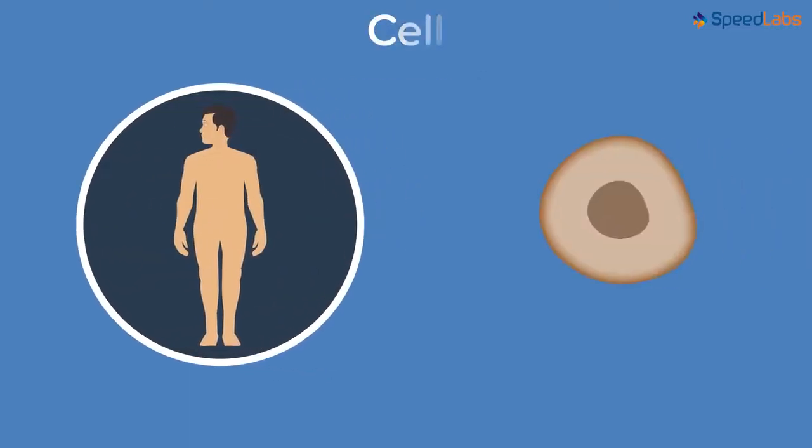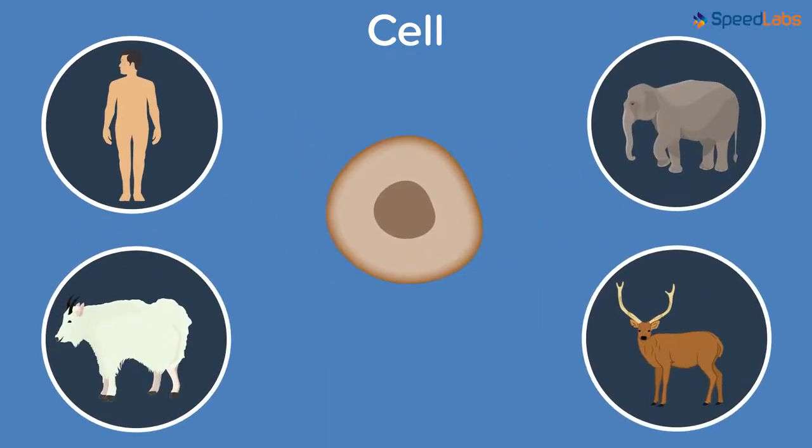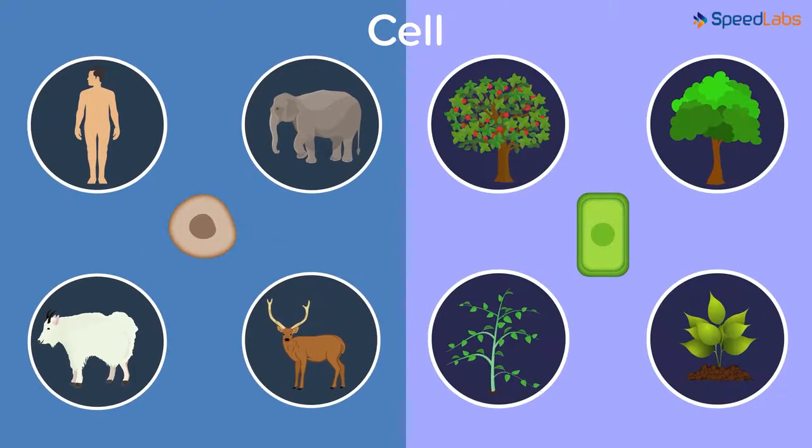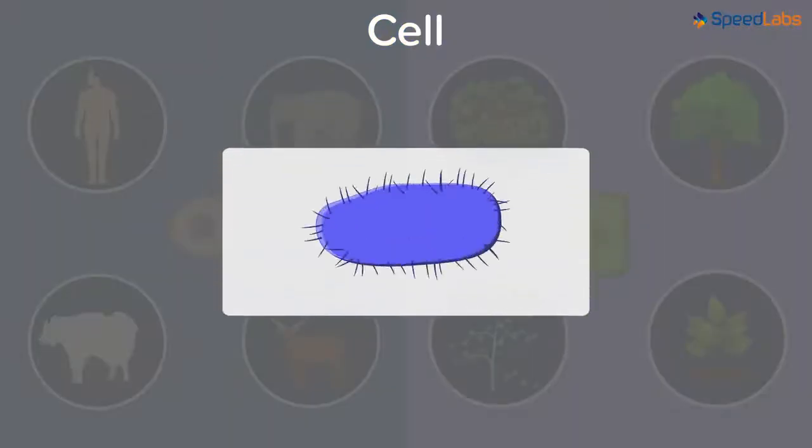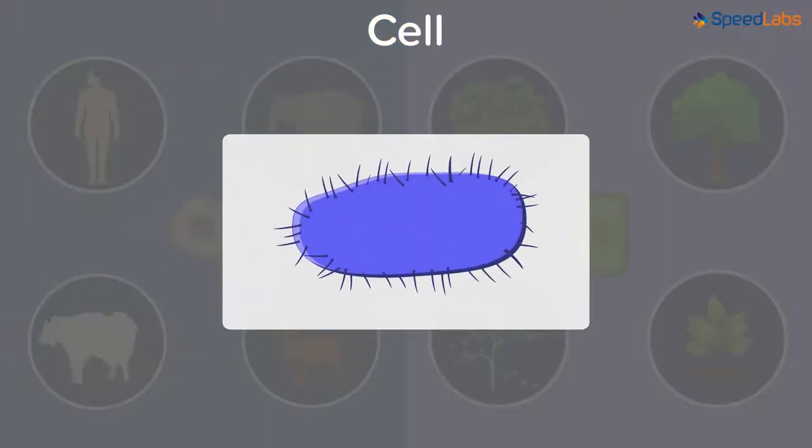It is cells which make up our body. Same holds true for other animals as well. Cells make up the bodies of all animals. Why only animals? Even plants have cells, don't they? And what about the microscopic bacteria? The entire body of a single bacterium is composed of a single cell,